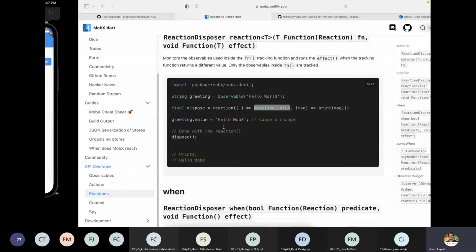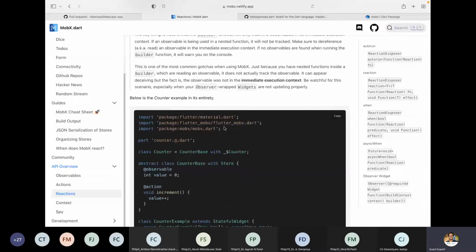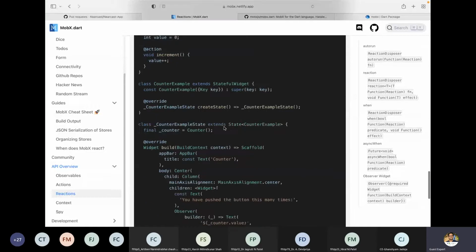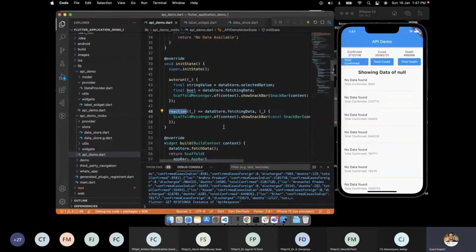So this is MobX. Earlier it was the provider, and the day before it was the BLoC. Just to make everything simple, Flutter is nothing but understanding what data we want to change at what time, and once the data is changed, whether we need to update those changes on the UI.